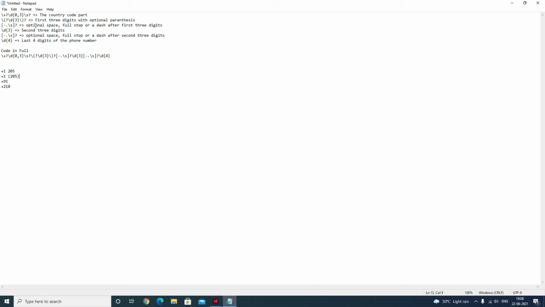Then after that, optional space, full stop or a dash after the first 3 digits. So after the first 3 digits we can have a space, we can have a full stop, then 3 digits again, or we can have a hyphen and then 3 digits again. So this is a character class, so it may contain a hyphen, a full stop, or a space.